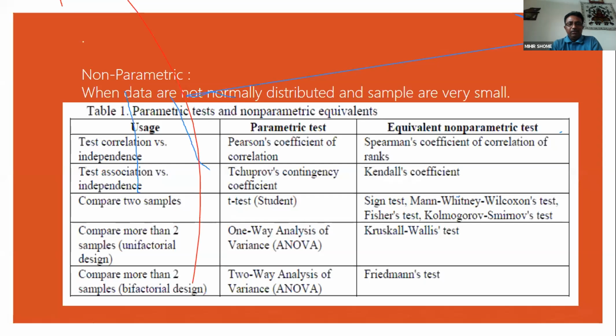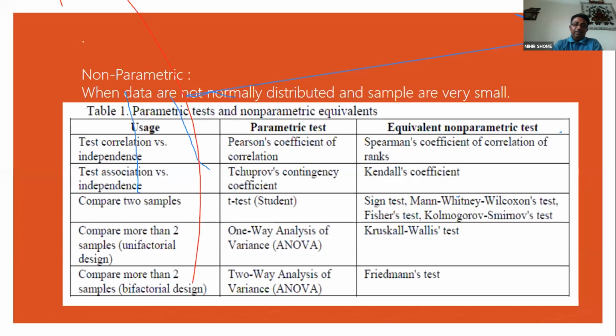And another thing, last class I also told you chi-square is the only test which is used in both parametric and non-parametric, but subject to the condition that in each and every cell the value should not be less than 5. So the chi-square test may be used in parametric tests or in non-parametric tests. Now the question is, when there is a significant difference based on ANOVA, whether one-way or two-way ANOVA, in the case of parametric tests, then we do Duncan's multiple range test to see which group differs from which other groups.